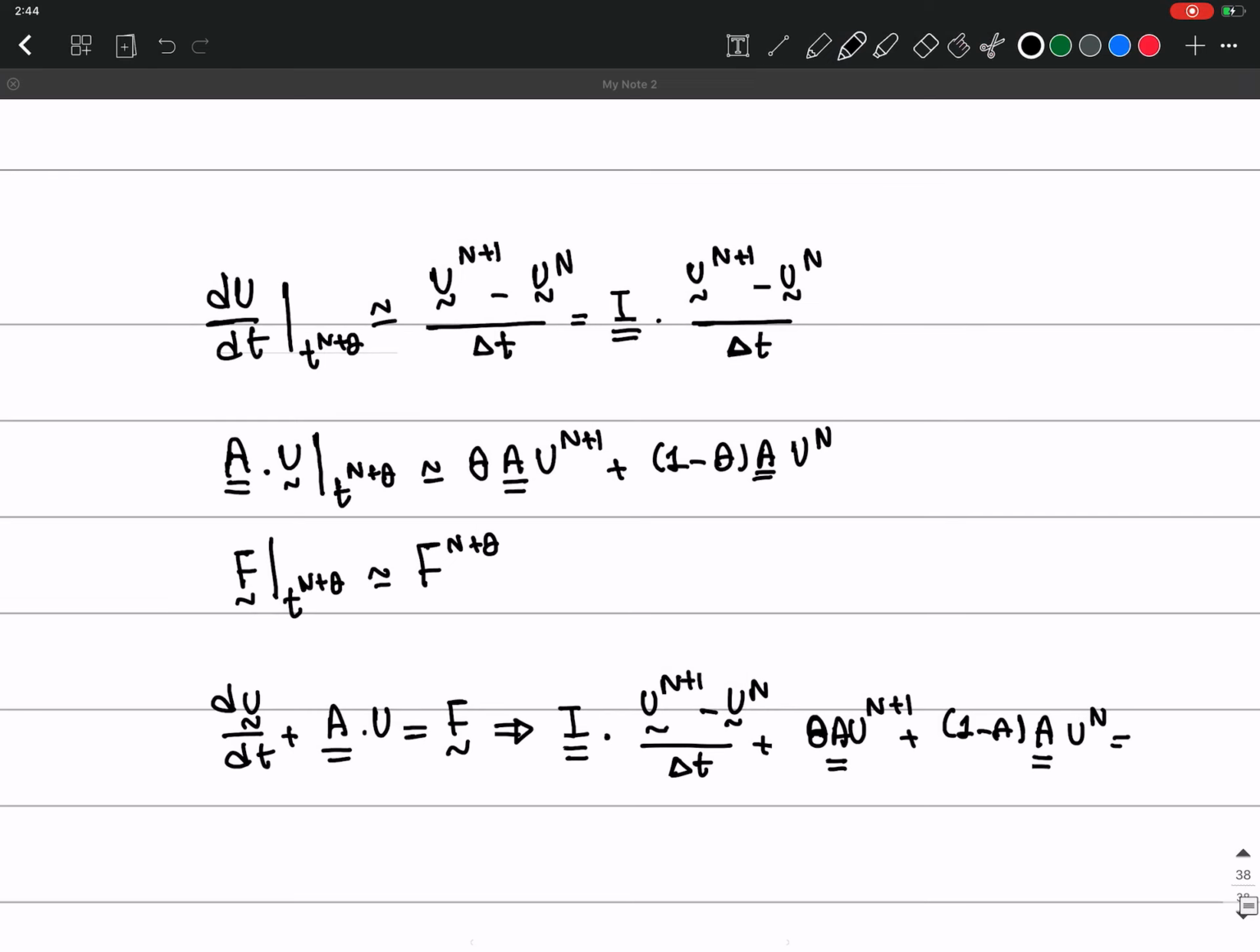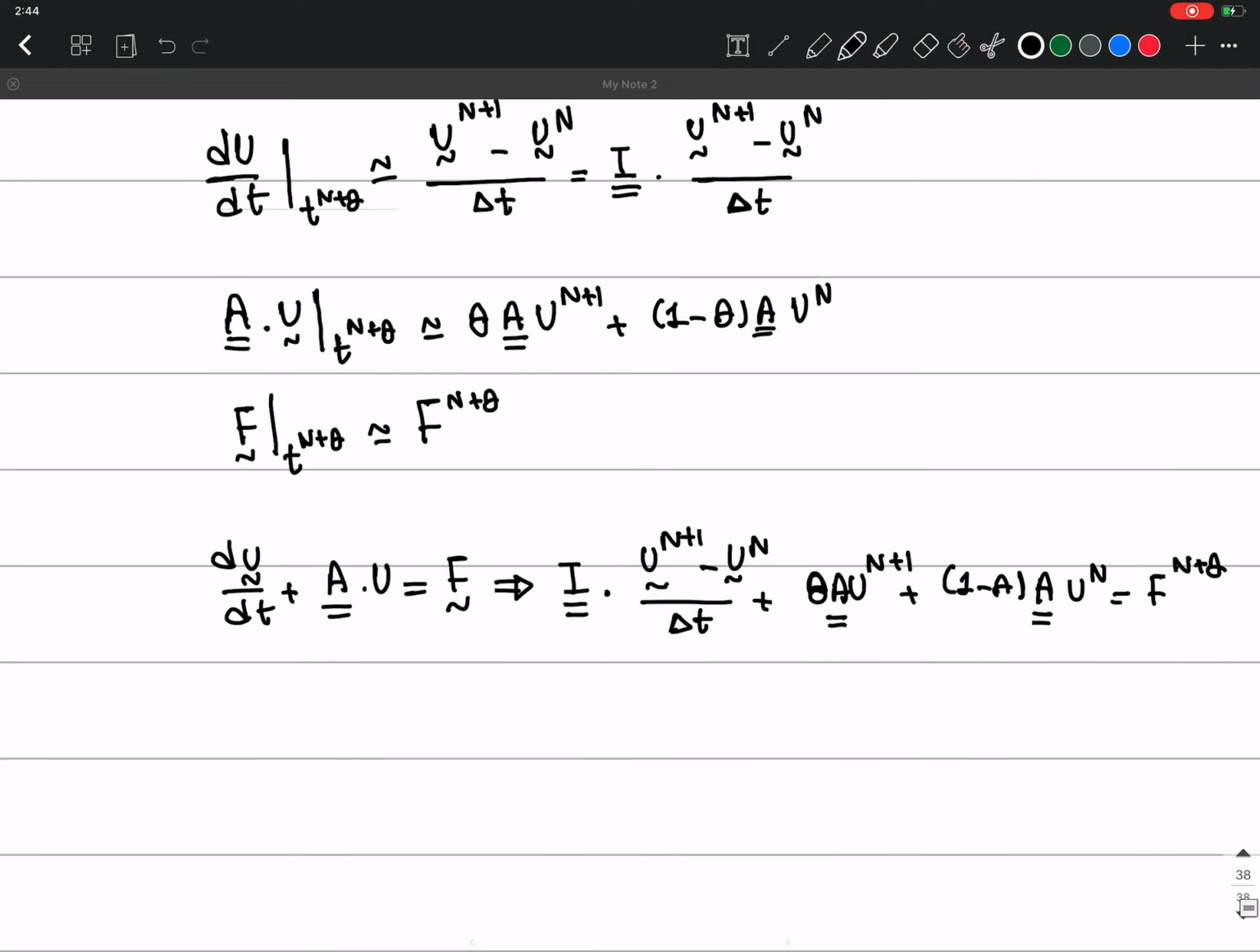Equals f n plus theta. So I multiply everything by delta t, both left-hand side and right-hand side, and then factor u n plus 1. The first one is just going to be I. The second one is going to be theta A delta t, u n plus 1 equals to, I take the u n